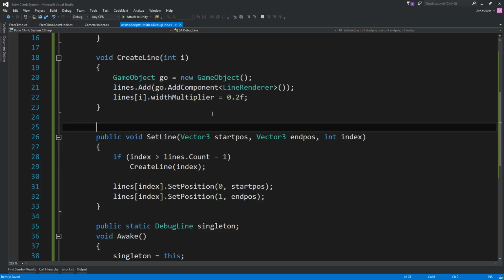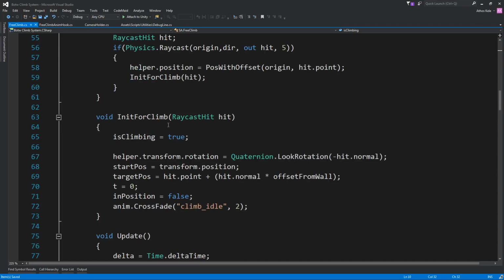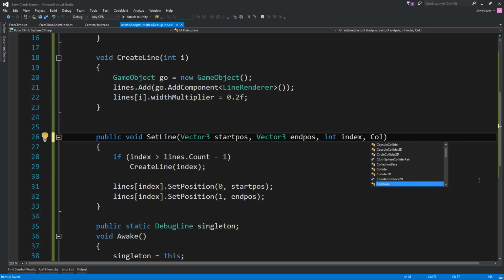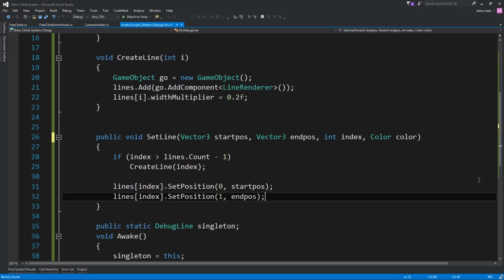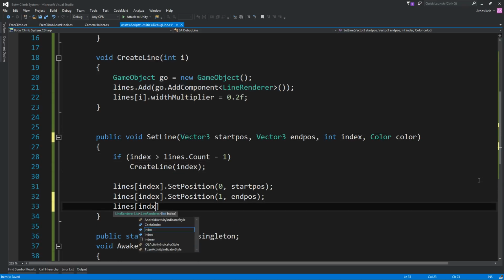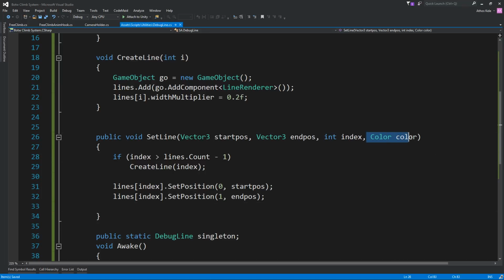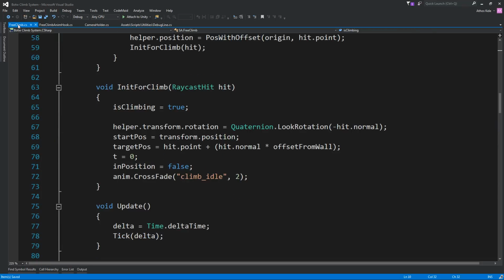It's not supposed to be a perfect solution for this, of course. And we can also say pass a color, although I think this might not work. Yeah, probably it's not going to work. Oh well, let's ignore this and let's see how it's going to work right now.